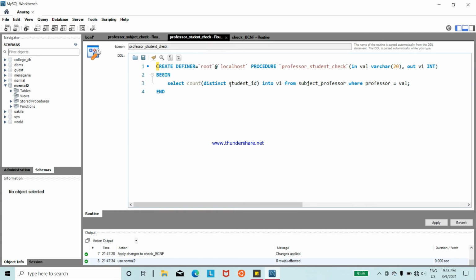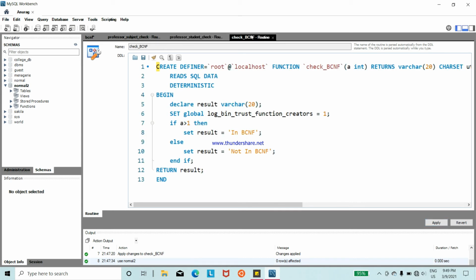And in the second procedure, professor student check, we take the professor name and check how many distinct students there are, and if we get one, then it is a one-to-one relation and student is dependent on professor, and if we get more than one, then student is not dependent on professor.